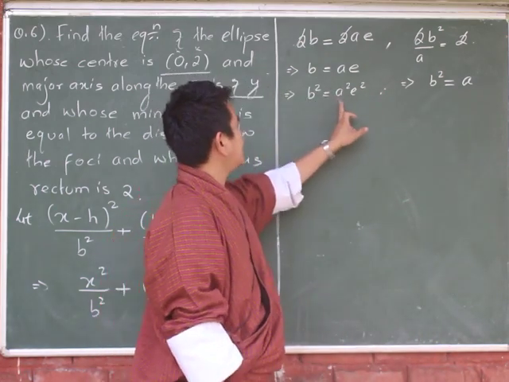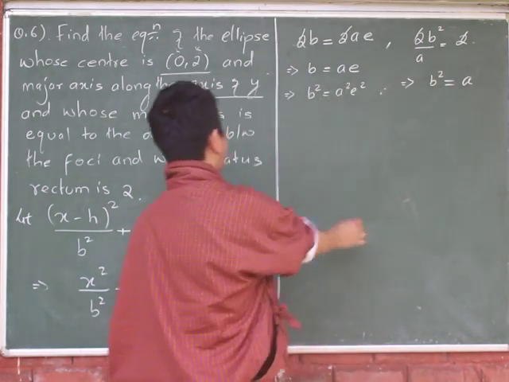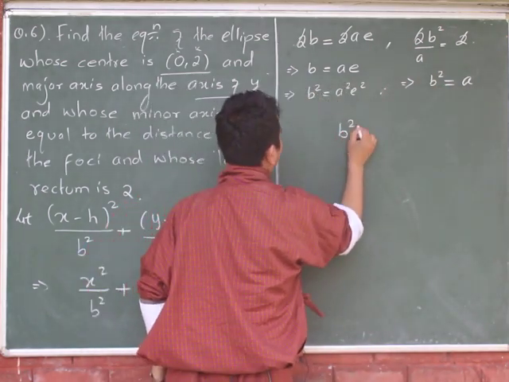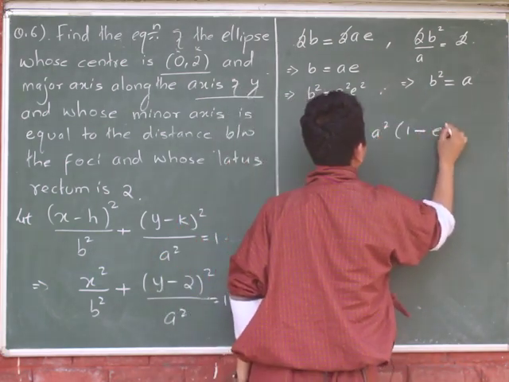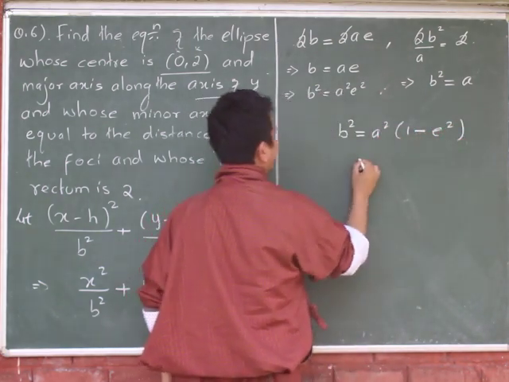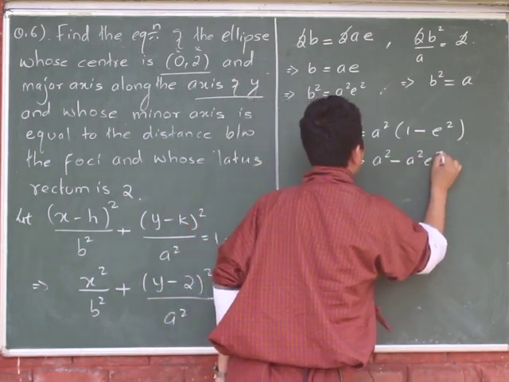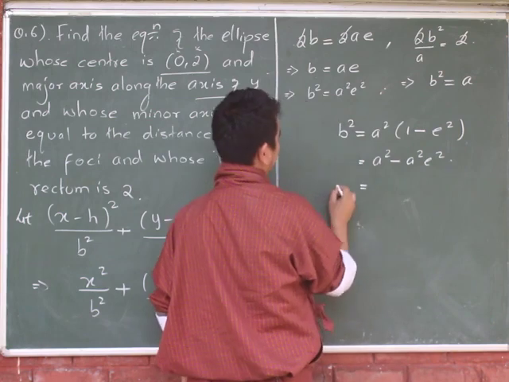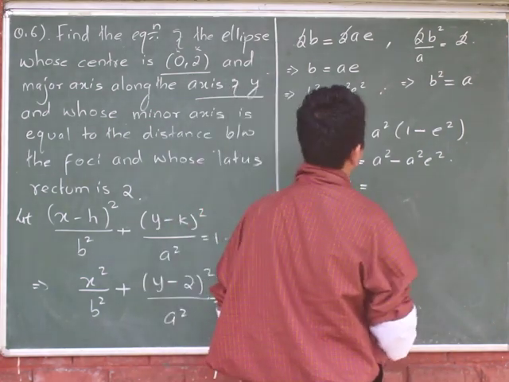Now we have b square is equal to a square e square. B square is equivalent to a. Now if you can remember, we always use this formula. What's the formula for this one? B square is a square of 1 minus e square. Okay, so let me open the bracket. We have a square minus a square e square, which implies b square is equal to